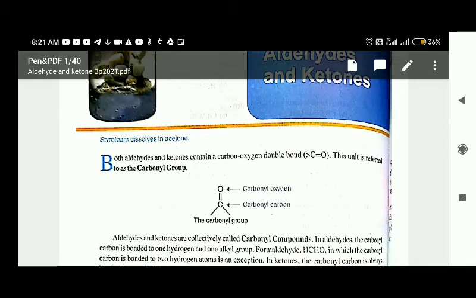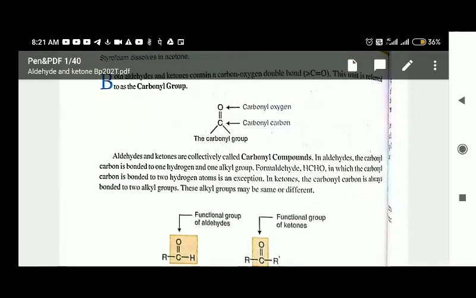But in case of alkene, there is no polarity, meaning between carbon and carbon there is no electronegativity difference. But in case of carbon and oxygen, there is an electronegativity difference, right? That's why the carbon is delta positive and oxygen is delta negative. That's why it gives the nucleophilic addition reaction. Always remember, okay? So RCHO is your aldehyde and ketone is RCOR.